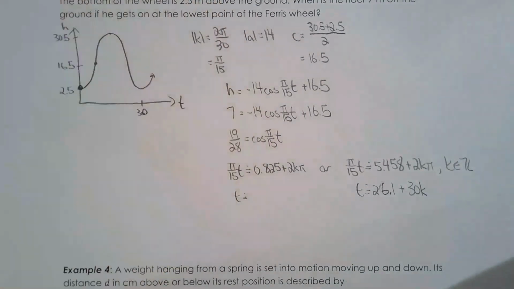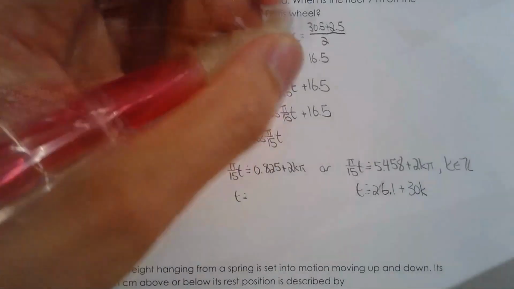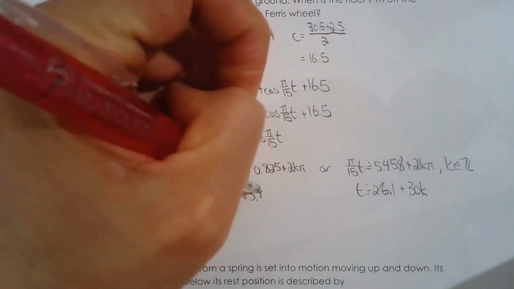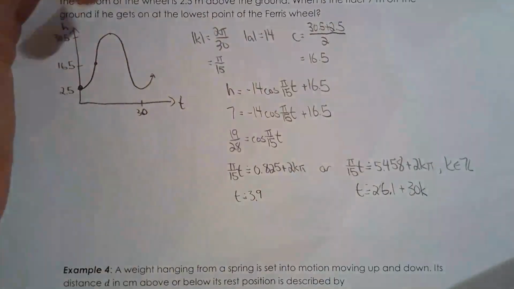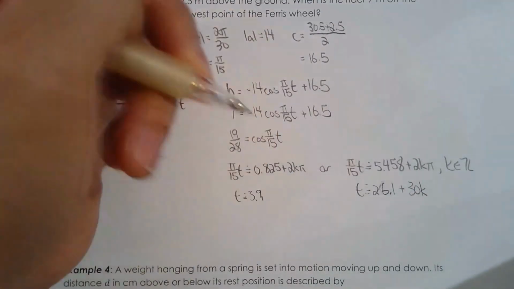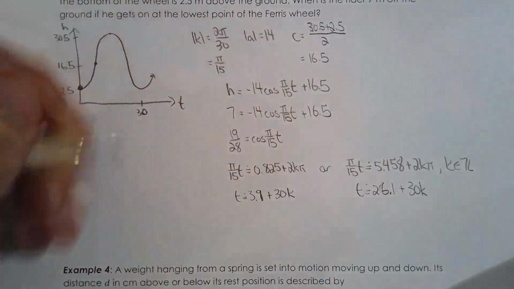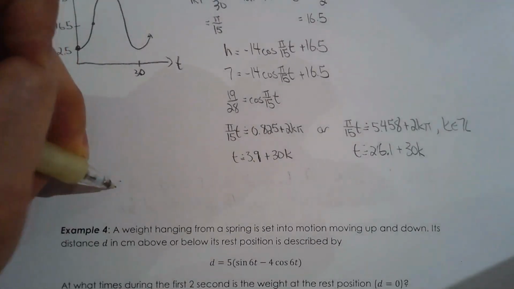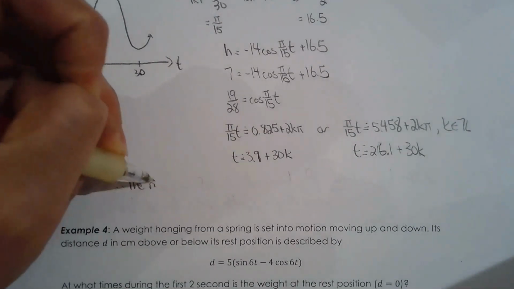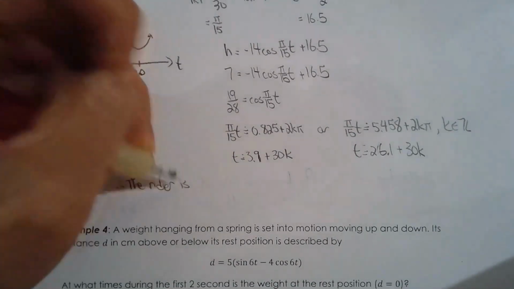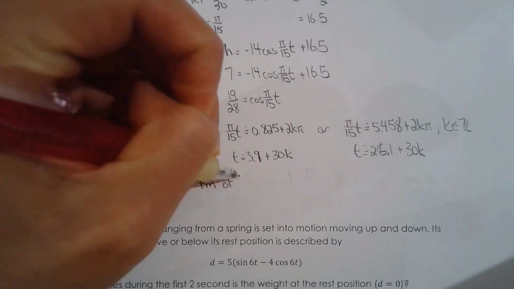And here, let's see, inverse cos 19 divided by 28, and then times 15 divided by pi. So this is 3.9, let's just say 3.9 because I rounded one decimal place over there. So it's 3.9 plus 30k. So therefore, the rider is 7 meters off the ground